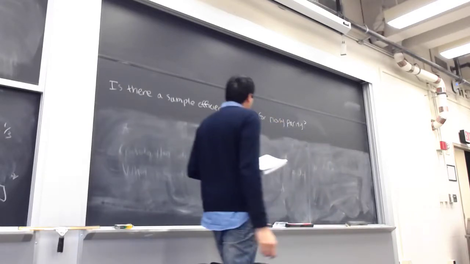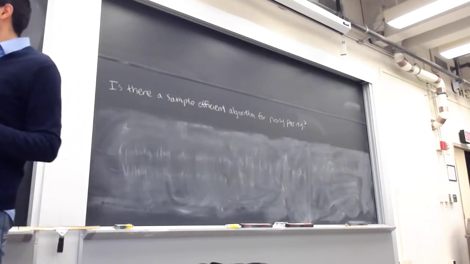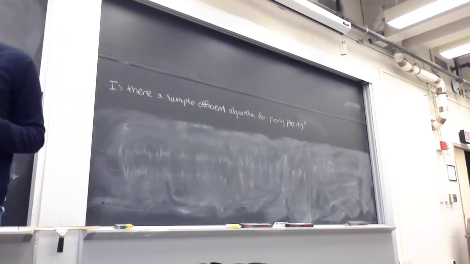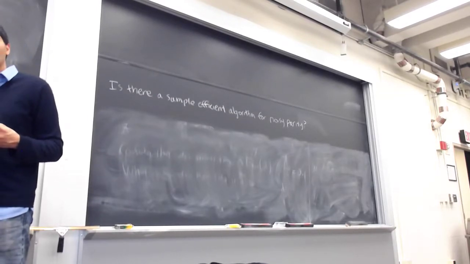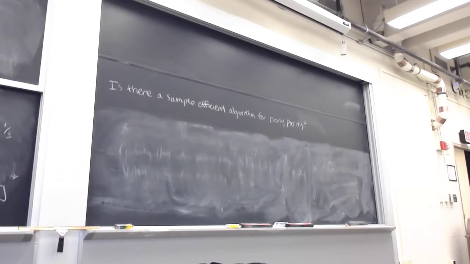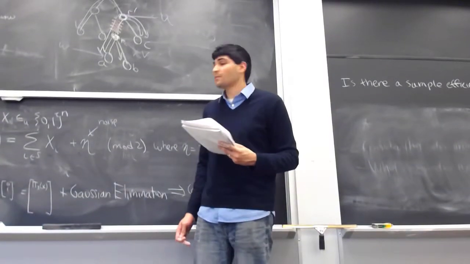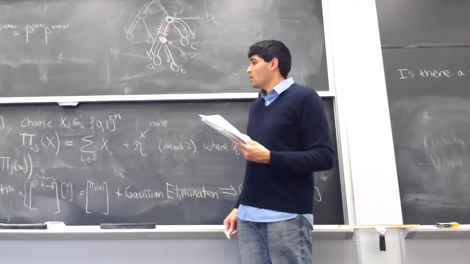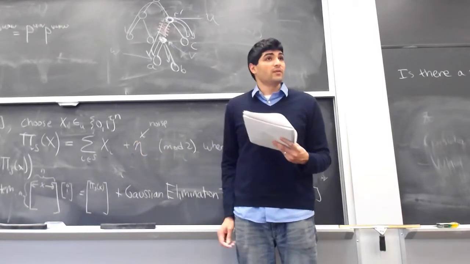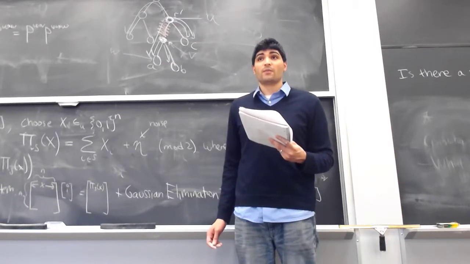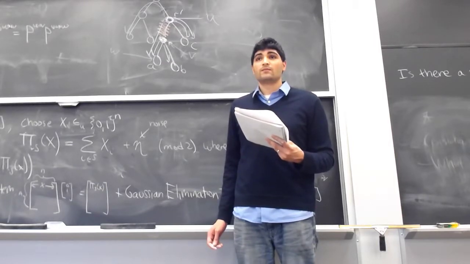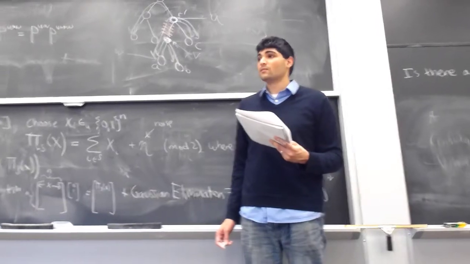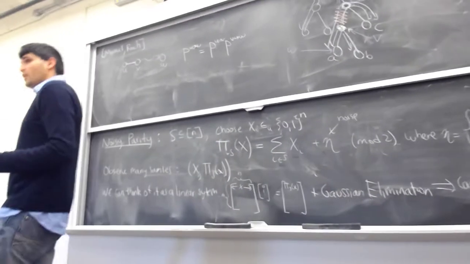So let's see how awake you guys are. First question: if you understand the definition of noisy parity, is there a sample-efficient algorithm? Before, without noise, we clearly had the best of both worlds. We had a sample-efficient algorithm. We don't need many rows in this matrix in order for it to be full rank. And we could even computationally find what that set S is. But now what about when I add noise? So is there an algorithm with efficient sample complexity? Sorry. Yes, but